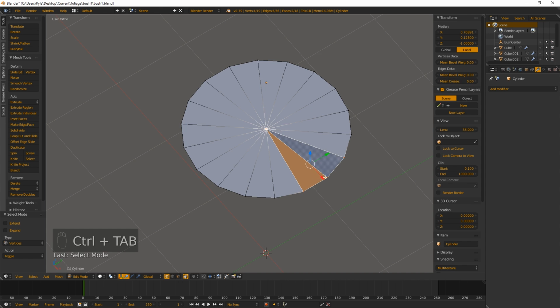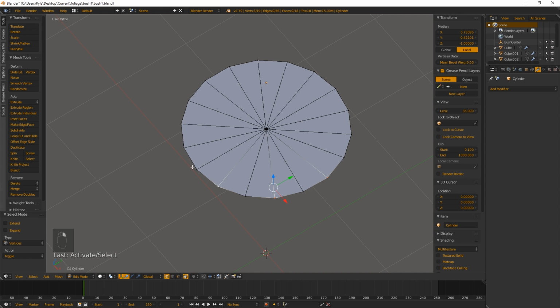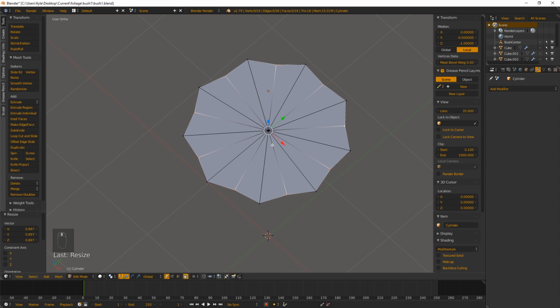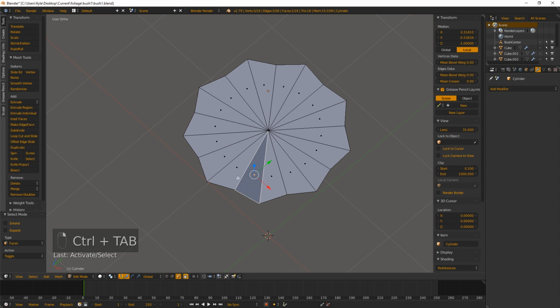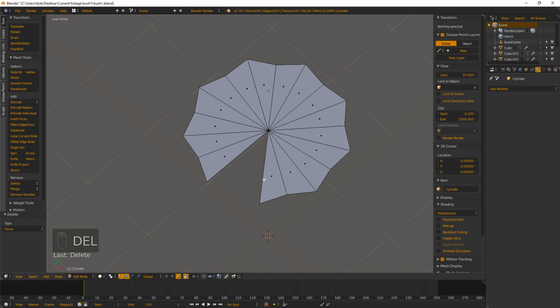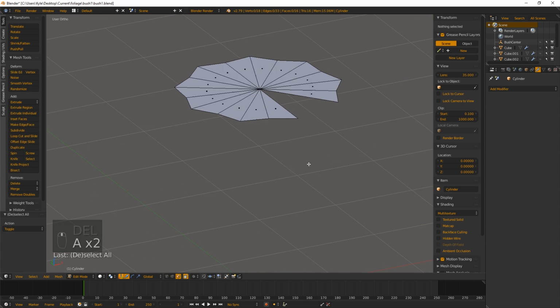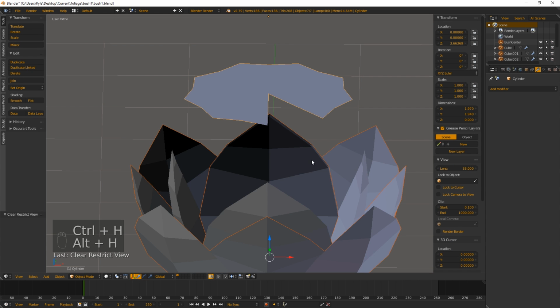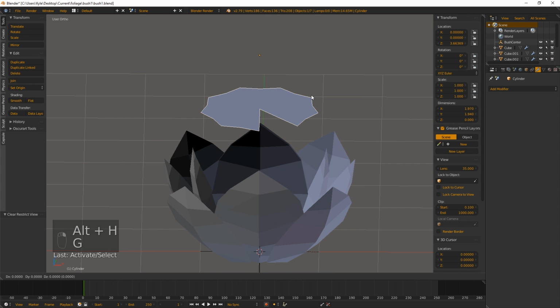let's go to vertex, and what I'm looking at on my other monitor here is that a lily pad looks a little bit like this. Maybe like that, since we're going low poly. Yeah, I'm down with that. Alright, and then we're going to grab faces, and we're just going to cut out a face here, boom, like that, because lilies have that for some reason. And then we'll go tab out to object, A everything, and hit Control H, but I meant to hit Alt H. And then we'll go, and we'll bring this down,